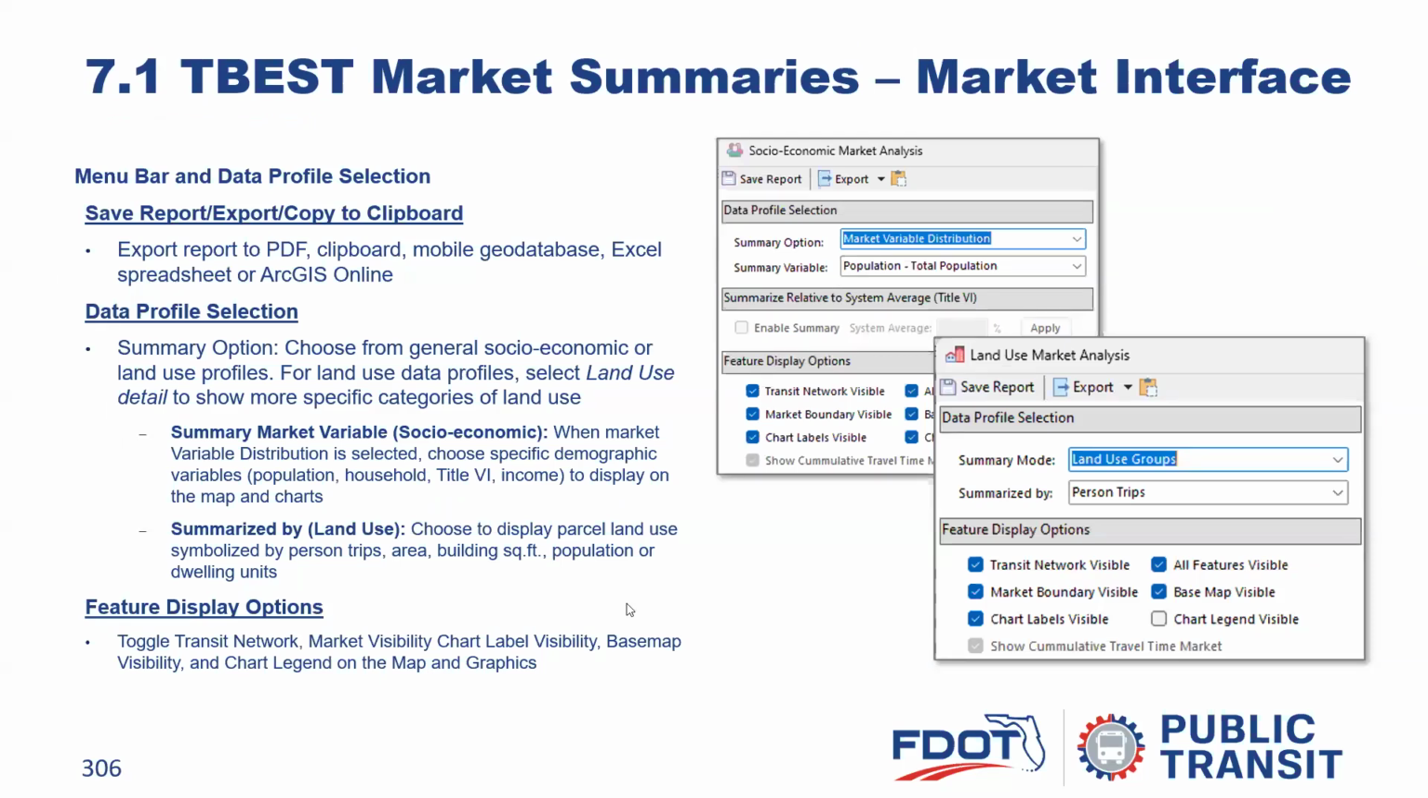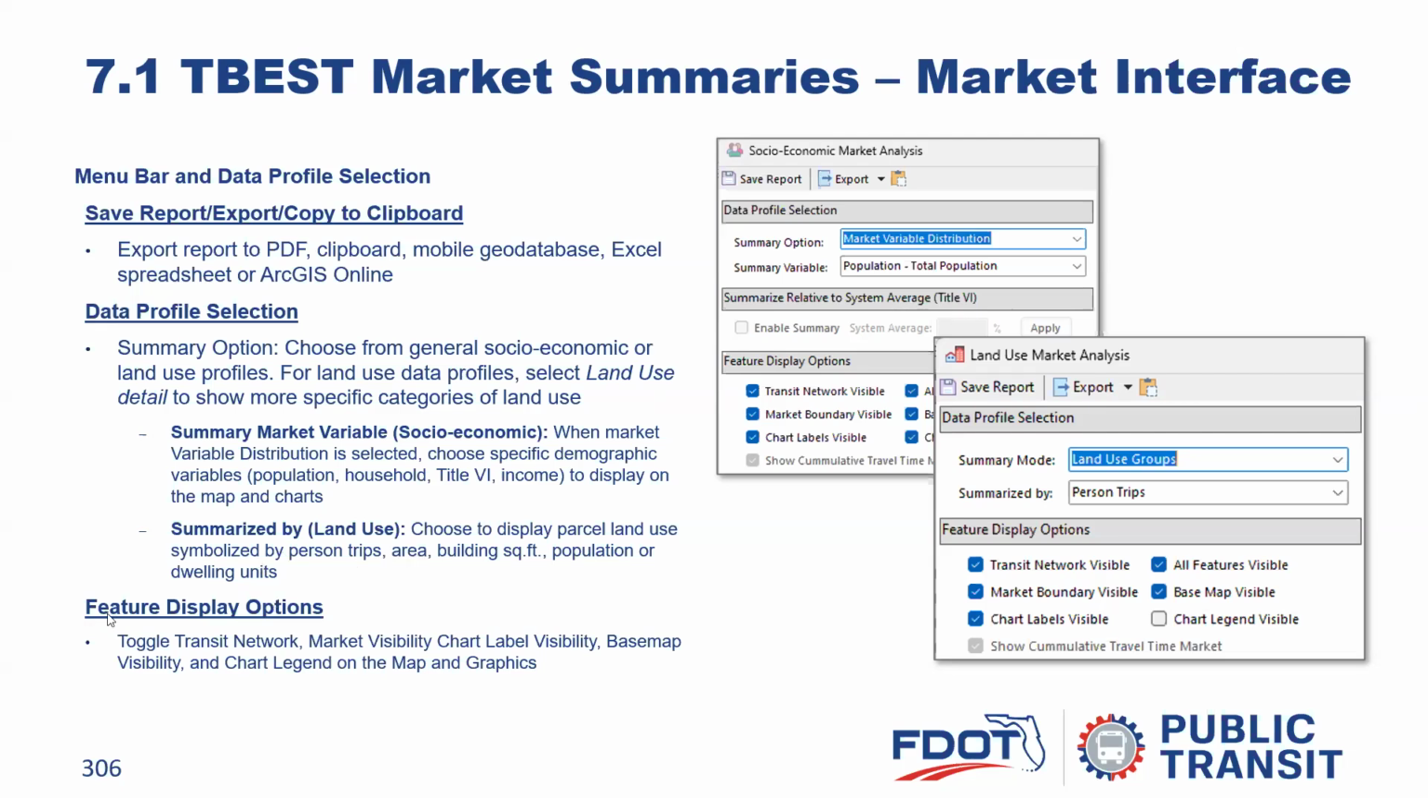Okay, so let's look at some of the options here. So the menu bar and data profile selection, you can save, report, export, and copy to clipboard. The data profile selection, you generally have your summary market variable. So you can select specific variables from the summary markets and the land use markets. So in this case, for land use, you select person trips or area or building square footage or population or